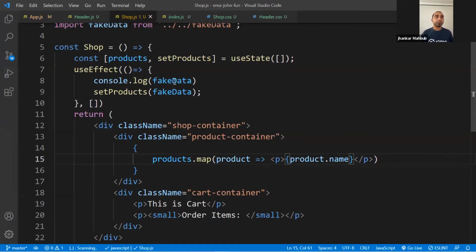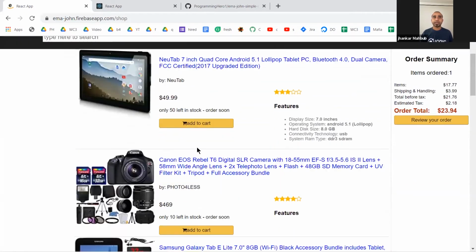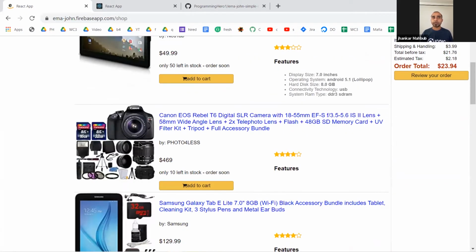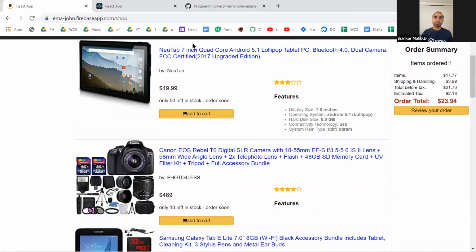So to do so, we would like to see some behavior here. And this behavior, if you pay some attention, is that they are similar in look, different in data, because everybody has a button, everybody has an image, and the text is different. Obviously, it is a different product, but the seller name is different, the price is different, but they are similar in look, different in data. That means they would be a component, right?